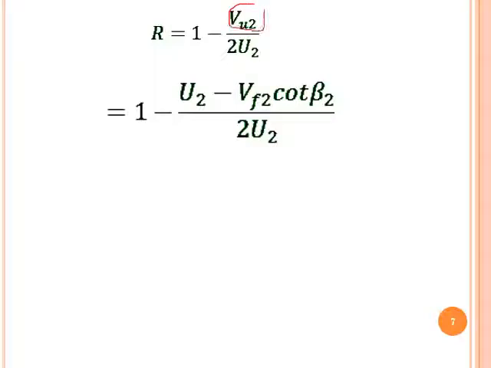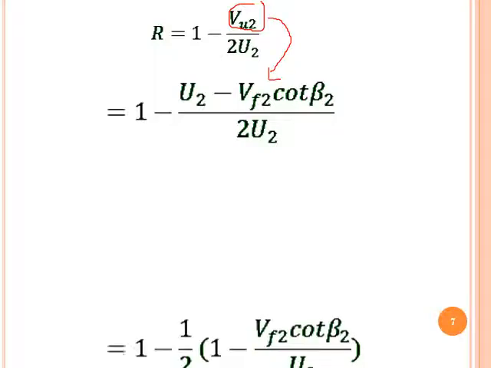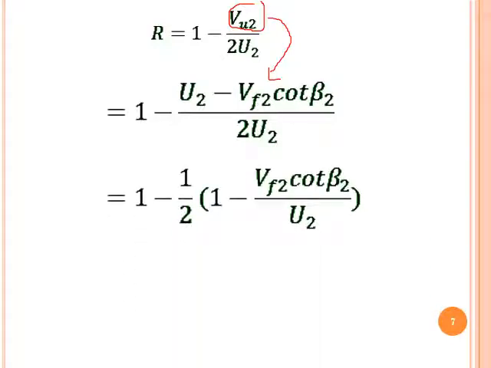The Vu2 is equal to what? The Vu2 is equal to U2 minus Vf2 cot beta 2. Once again we can write this Vu2 is equal to U2 minus Vf2 cot beta 2 to the ratio of 2U2. Once again simplify this one. There is 1 minus, say, U2 by 2 U2, that is, the U2 and U2 get cancelled,